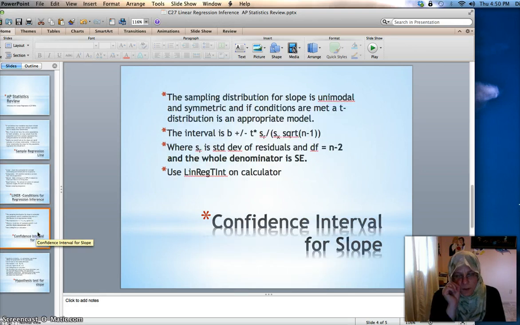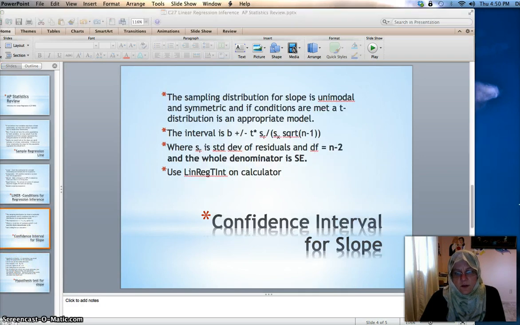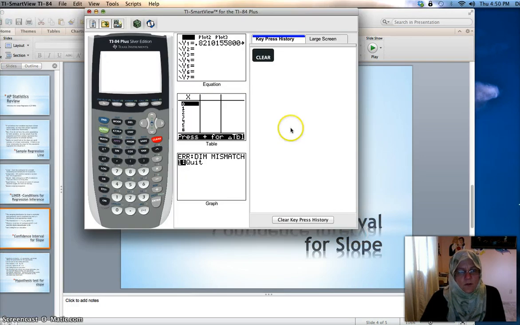Okay, so we learned how to do two different inference procedures that are likely to be covered on the AP exam, and that is the confidence interval for slope and the hypothesis test for slope. So let's get some data and look at how we do all of this stuff here. All right, so we'll turn on the calculator, go to stat,